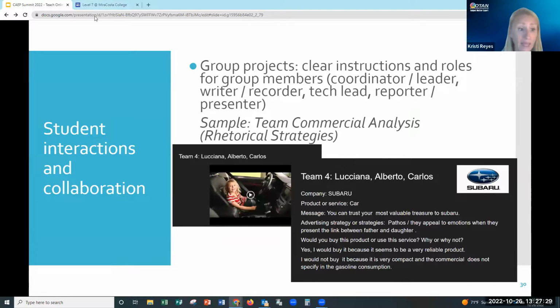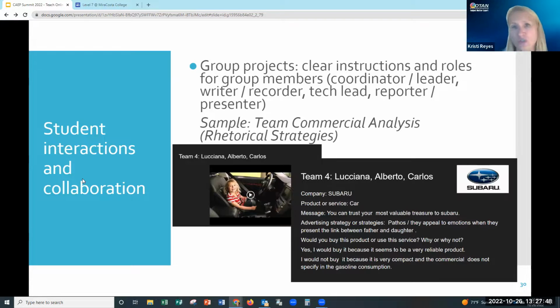And one last thing, even though I know some of you may say, oh no, not group projects. Well, they can work. If you're teaching synchronously in Zoom, give class time. My students did it. If my students can do it, so can yours. So give very clear instructions.